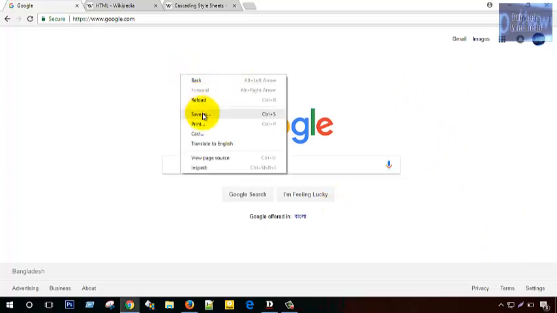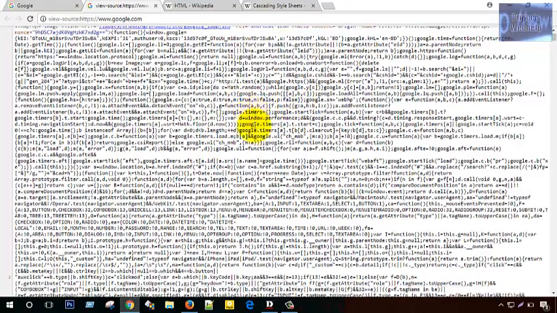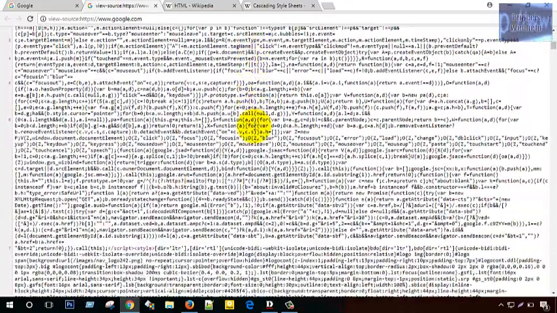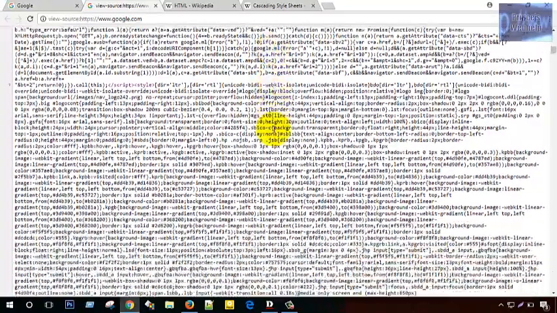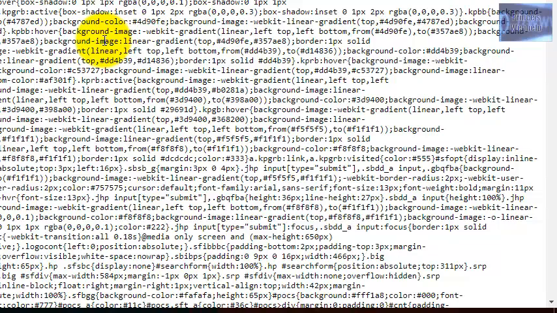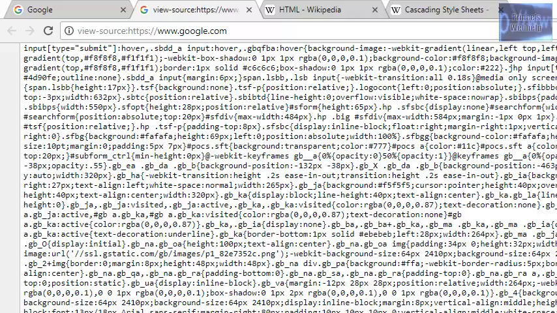Just right click and go to view page source. See, so much HTML and CSS code here. So this is HTML code, and CSS code is running behind this web page. Okay,